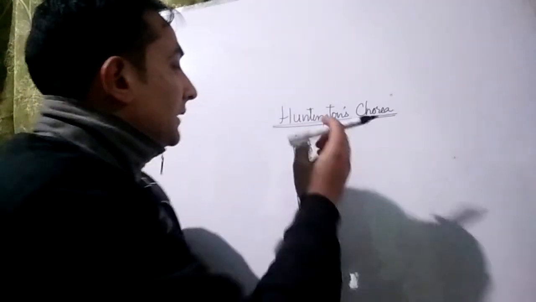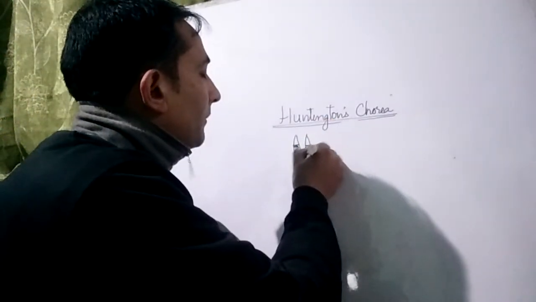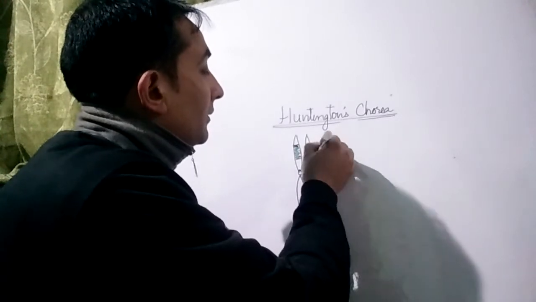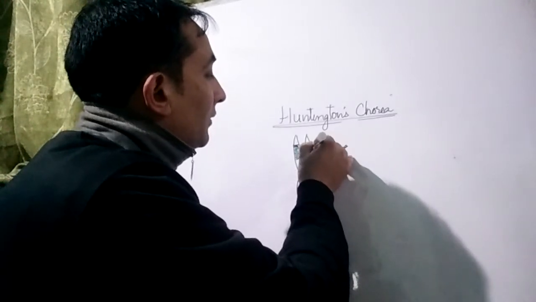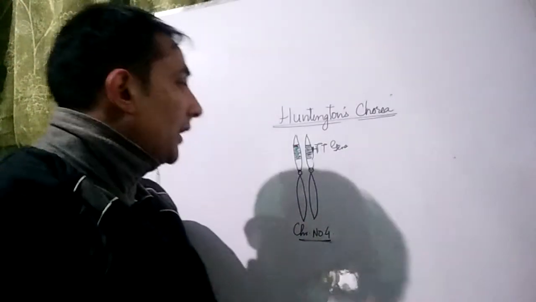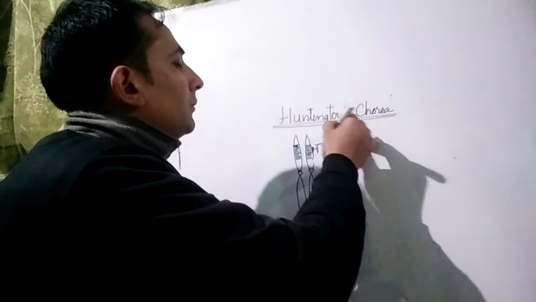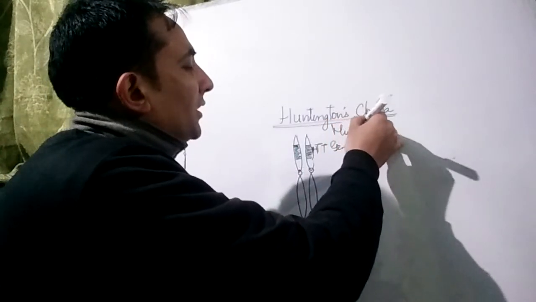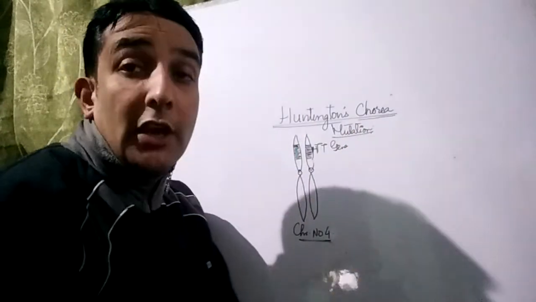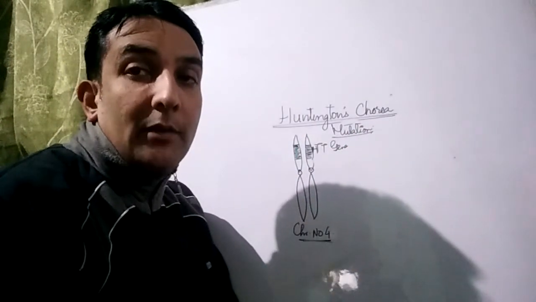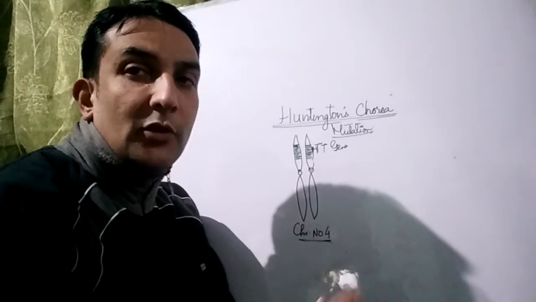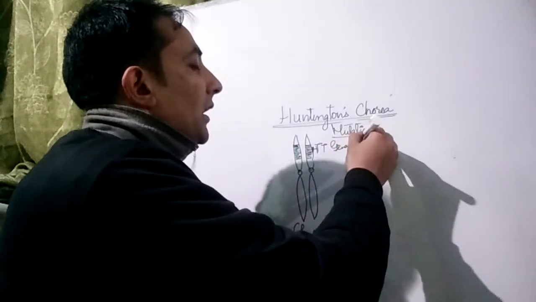Again, I will say this is the HTT gene, the dominant HTT gene. It's the HTT gene, meaning the Huntington gene. If it undergoes a mutation, you know, a mutation is any molecular change in the structure of DNA and the structure of the gene. If it undergoes a mutation in Huntington's chorea, it undergoes a mutation in which you will see